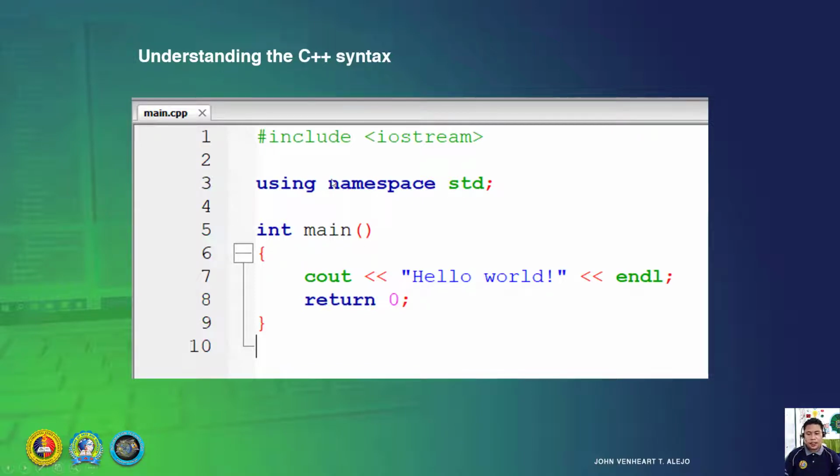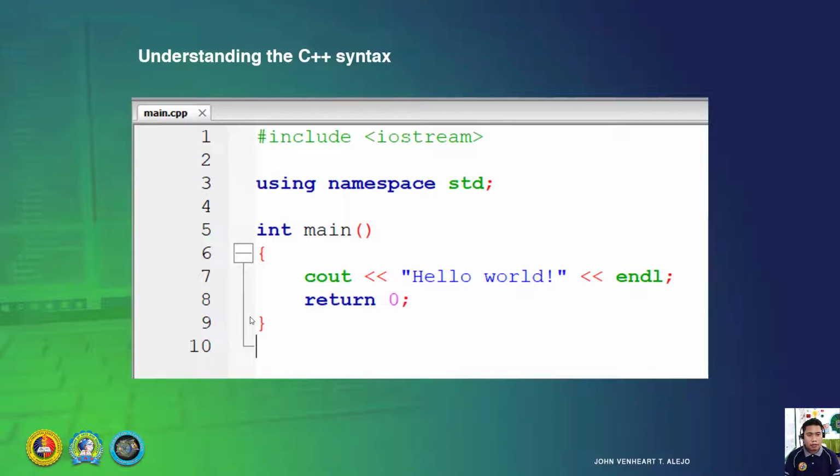Using namespace std, where std stands for standard, means you are setting that all the coding syntax of your program is standard. It is already set by default. So when you miss something like a semicolon or braces, it will report an error because you are using standard coding.